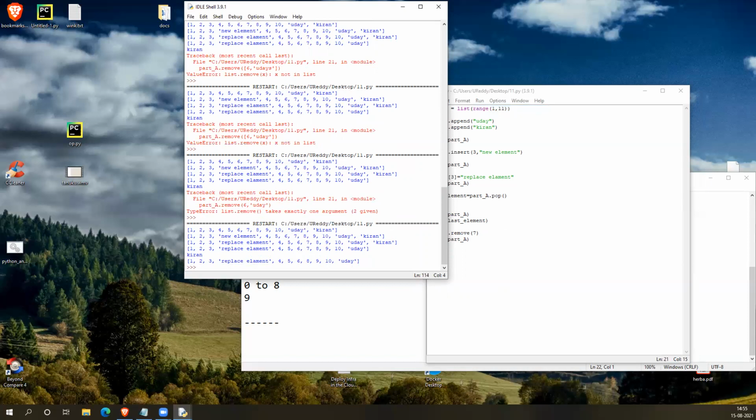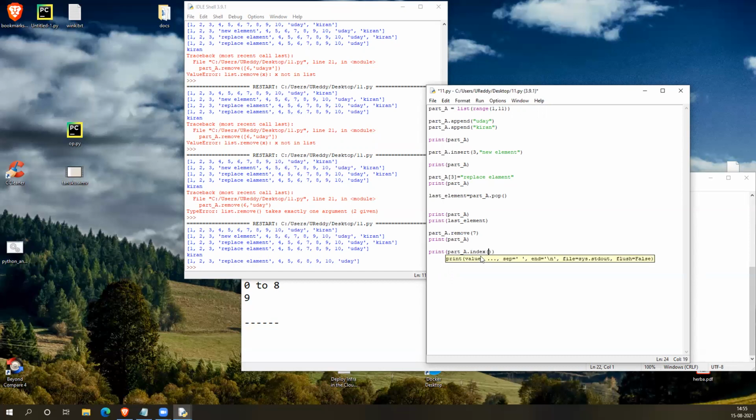And if you remember, while we explained strings, we used a slicing operation, right? The same applies here also: list slicing, like string slicing. And I will show you the index operation now. So let's say print part_a dot index of that Uday element.